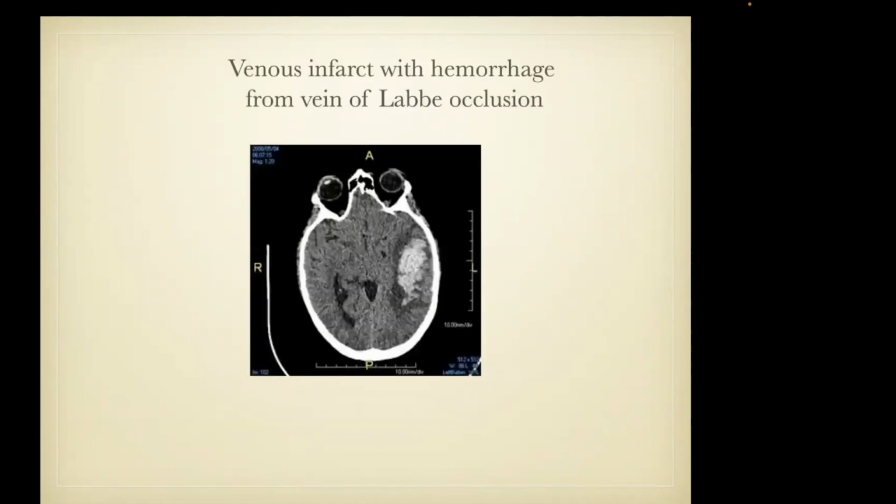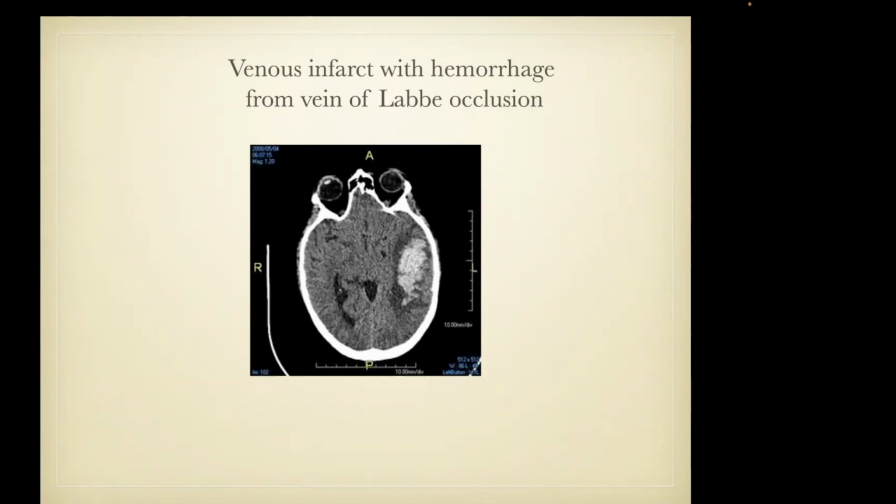I want to just show you this case. This is our first case of actual venous disease in the brain. This patient has a large lateral temporal hemorrhage with some edema around it. Again, when people look at a case like this in a young patient, they usually start with a standard sort of